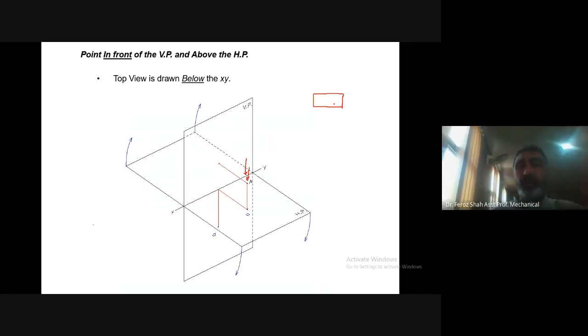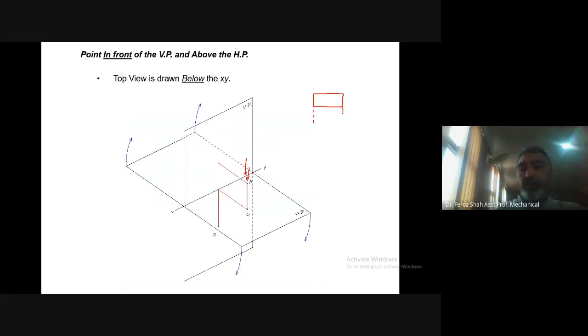So you can see that the top view is of similar length. You can see that the length is common for this plane as well as for this plane. So I can draw